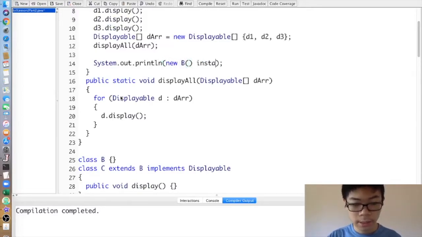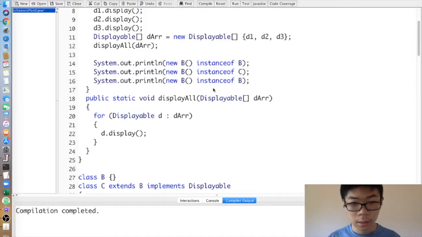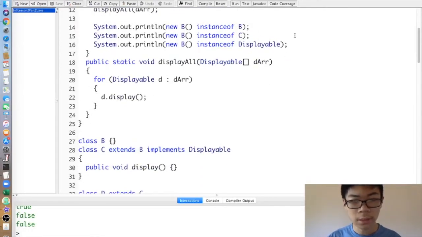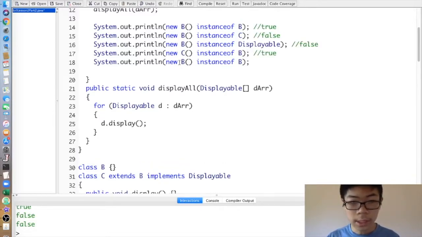new B instance of B is true, new B instance of C is false, new B instance of Displayable is false, as shown below. And then new C instance of B is true, new C instance of Displayable is true,